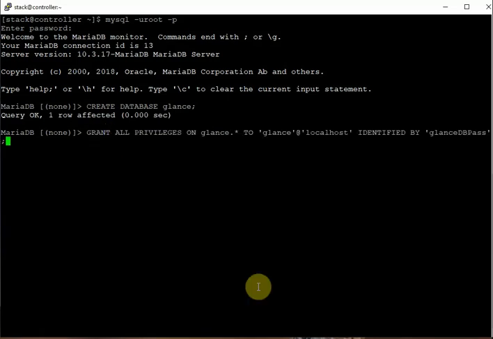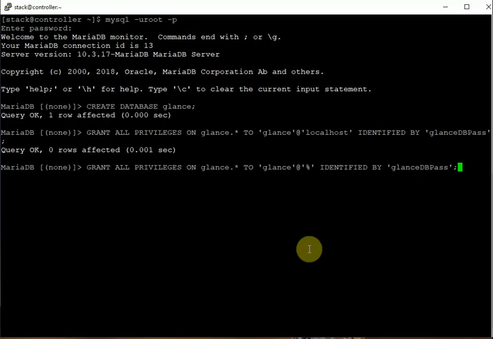Grant all privileges on glance.* to 'glance'@'localhost' identified by 'glance_db_pass'. Similarly, we need to grant privileges to this user from wherever it wants to connect, using the wildcard, the percent sign. So the user is created. Let's do flush privileges.